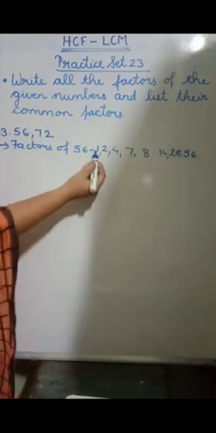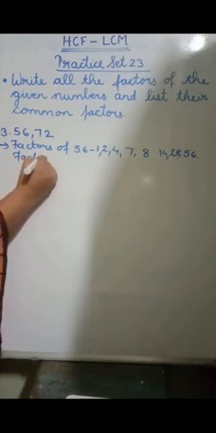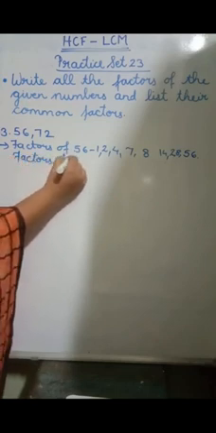Do we get it in the 6 table? No. In the 7 table? Yes, 7 8s are 56. So did we get all the numbers till 56, which are the factors of 56? Okay. Now the next, that is factors of 72.